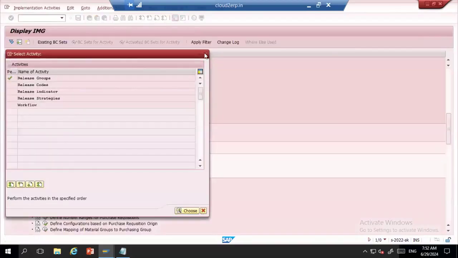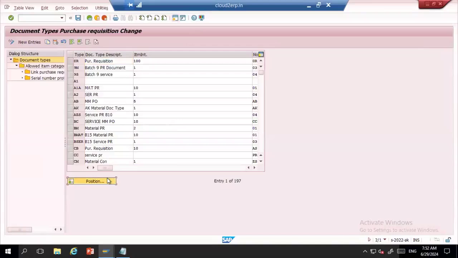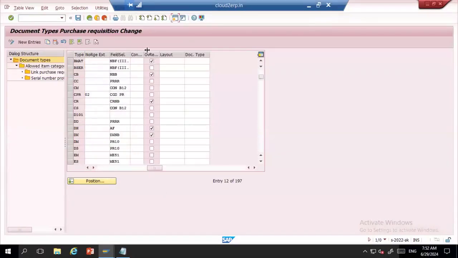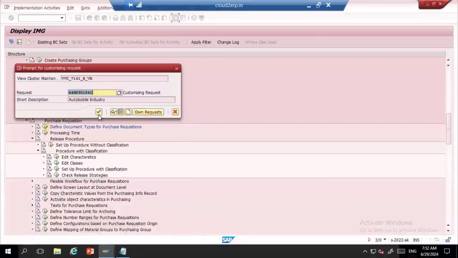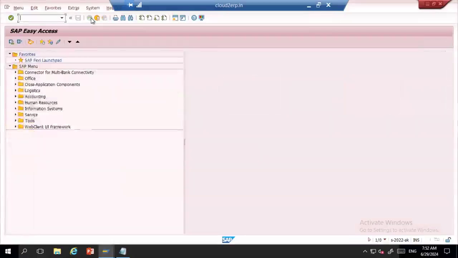And also you need to do one more thing. Go to the document type, BMAT. Here also you will have the overall release. Uncheck this and save. After you do these two changes, if you go and create the PR now,